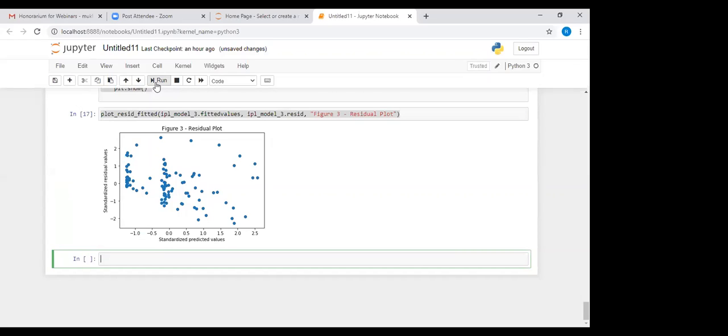If this plot has a funnel-like structure, then we say that it has heteroscedasticity. But it's a very normal plot, it doesn't have a funnel-like structure, so we don't detect heteroscedasticity in the data set.